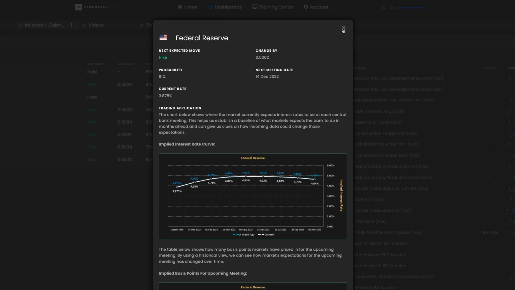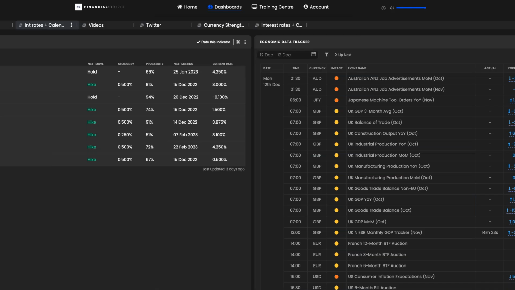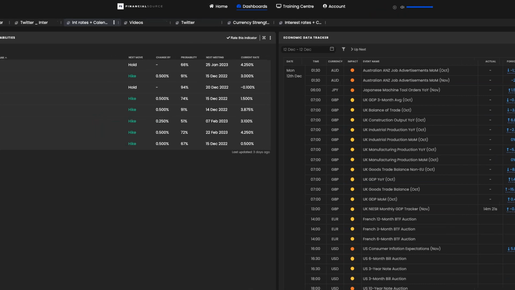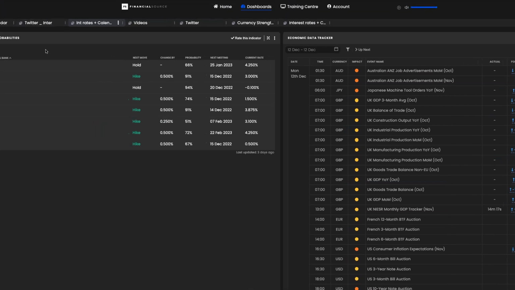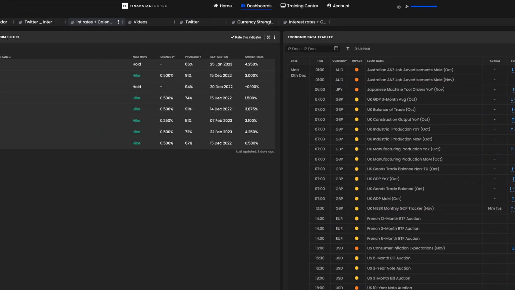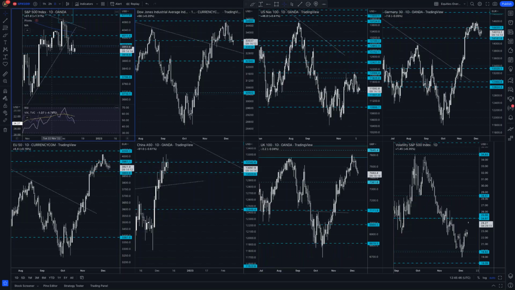So a 50 basis point hike is what's baked in, and the peak is expected to be just around 5% next year. So current interest rates are going to get a 50 basis point hike, and then there's a 50 basis point hike being expected for February. Now, exactly where interest rates go from here does remain to be seen, but that's what the expectations are. So taking that knowledge, that will be guiding us as to what to expect for US stocks.